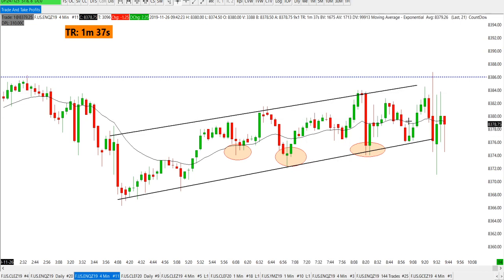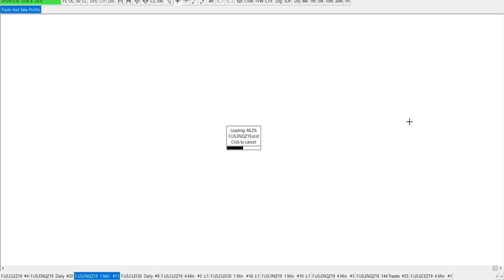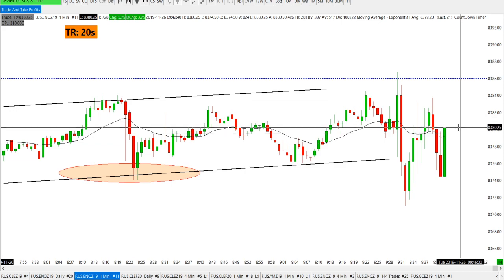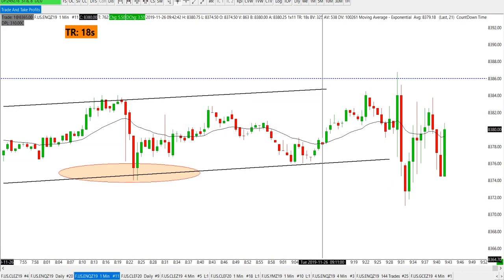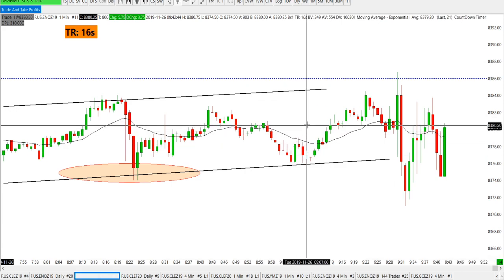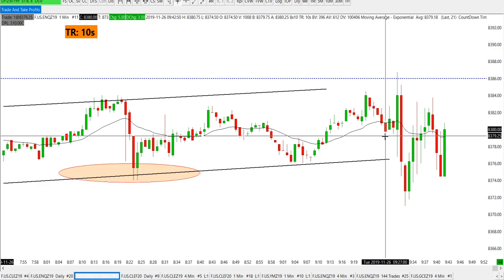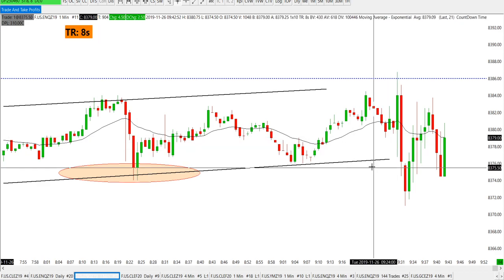But that was a nice trade right there. Beautiful trade. If I took this trade, I wouldn't be mad at myself at all. It would be a nice little scalp. But overall, I like this buy right here. I might take this buy if it closed. I might take this buy right here if we close good enough. I want to see the close of this bar right here, and then I'll take it.